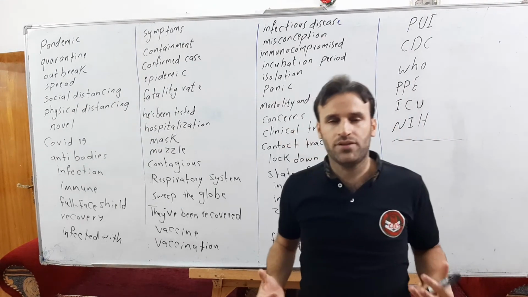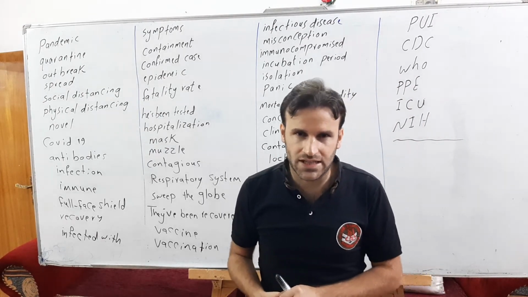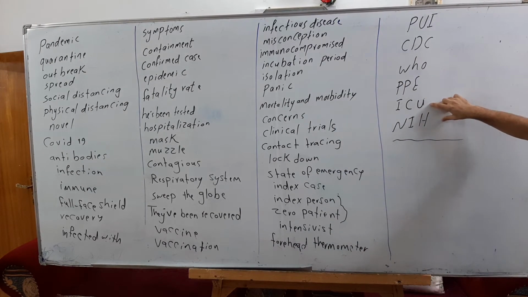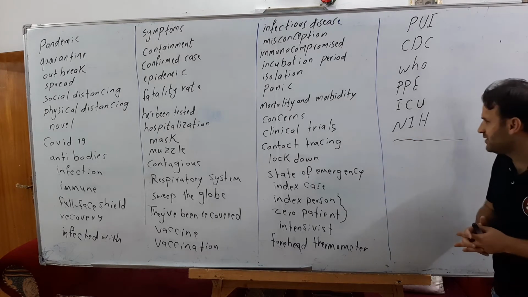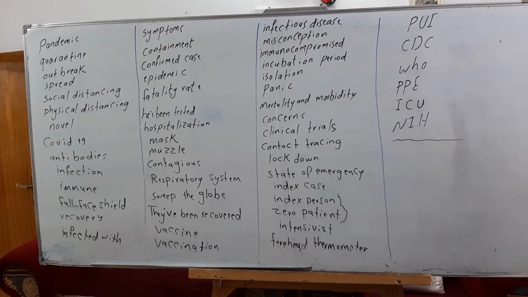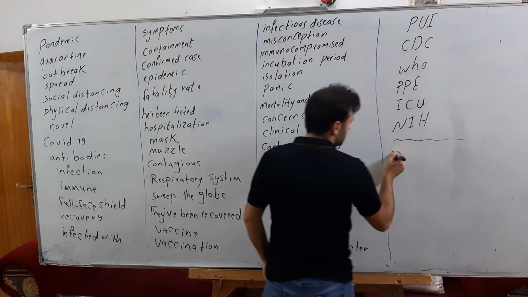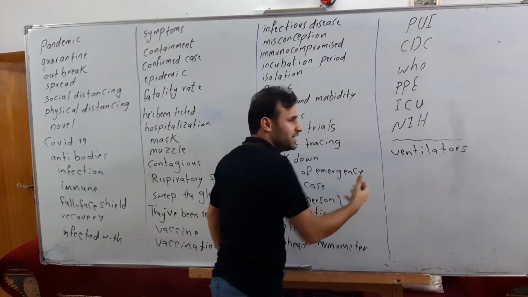So many people are wearing gown over their clothes so that they protect themselves from COVID-19. يحمون نفسهم. عندنا ICU مثل ما قلنا اللي هي وحدة العناية المركزة Intensive Care Unit. NIH اللي هو National Institute of Health المعهد الصحي الوطني. We have another word, ventilators. Ventilators اللي هو الأجهزة التنفسية.